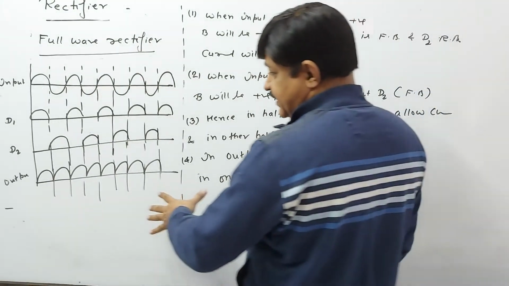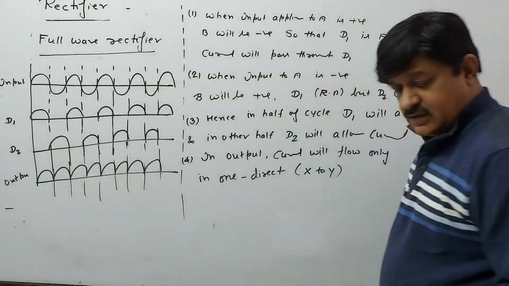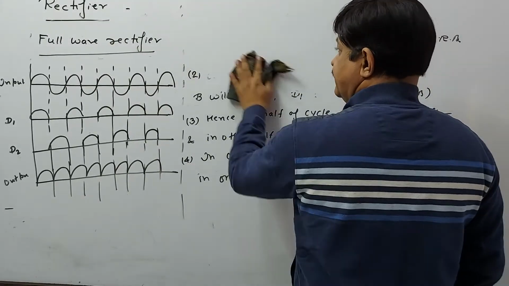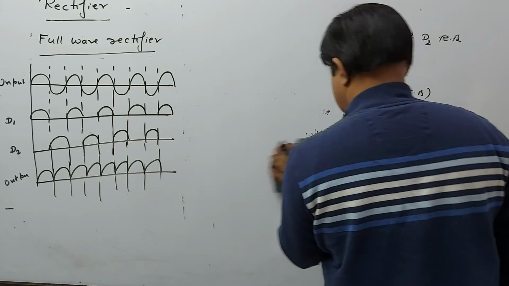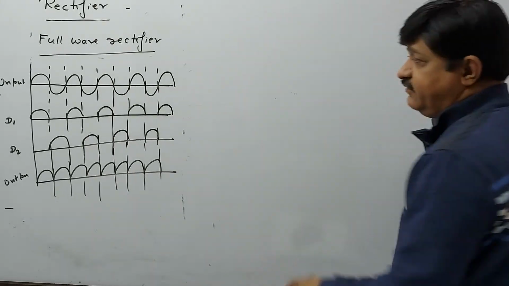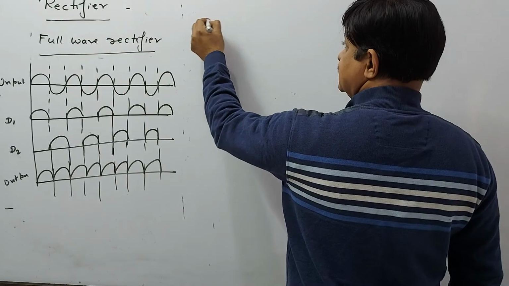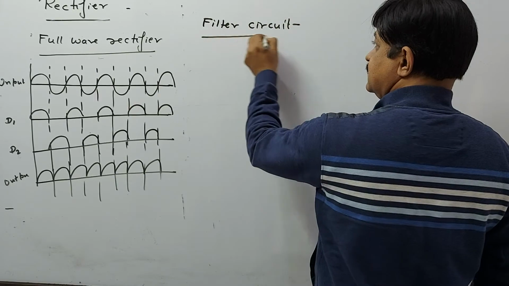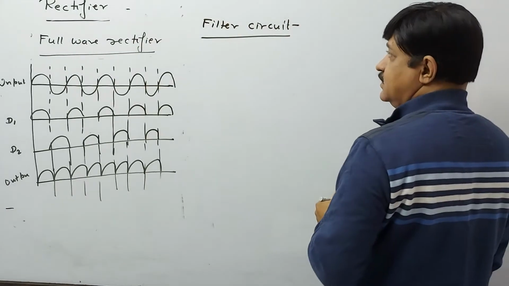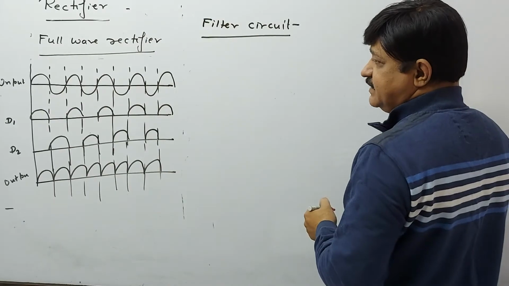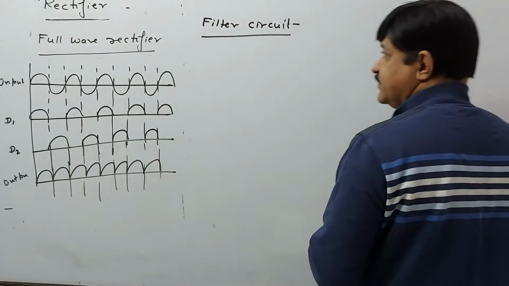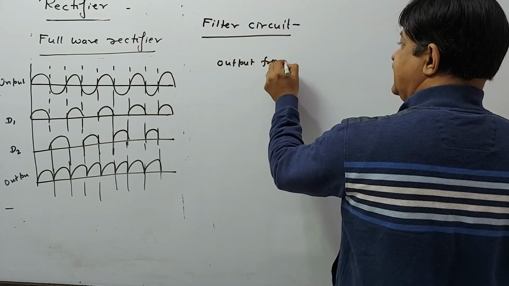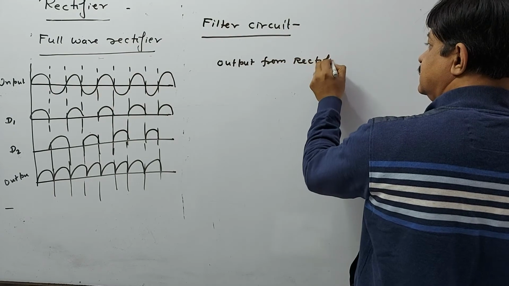But this is fluctuating input, you can clearly see. इस fluctuating input को हम output में या direct circuit के अंदर नहीं ले सकते हैं. So what finally we will do, we have another circuit called filter circuit. Filter circuits simply eliminate all the fluctuations. So output from rectifier